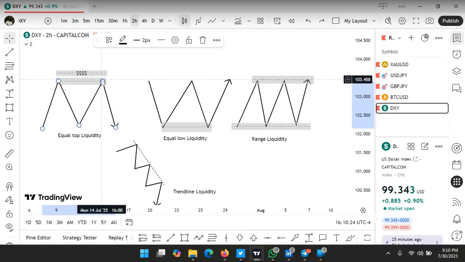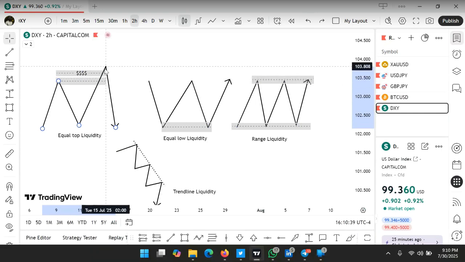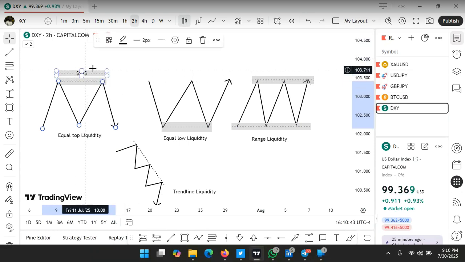So there are people who have their stop losses sitting above this level to sell, and there are those who have their buy stop orders waiting for the market to break out of this level to buy. And there are those who would set their sell limits above this level. So there are lots of orders sitting around this level. And wherever orders are sitting, there is liquidity, there is money sitting there.